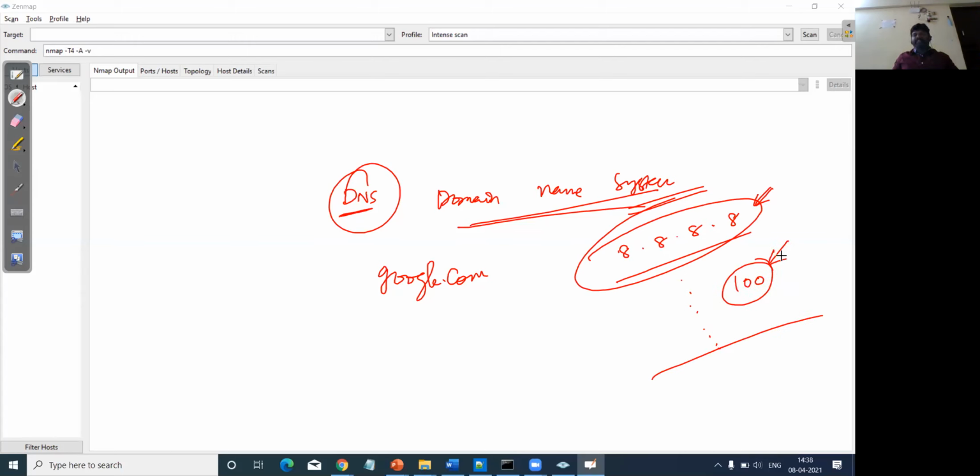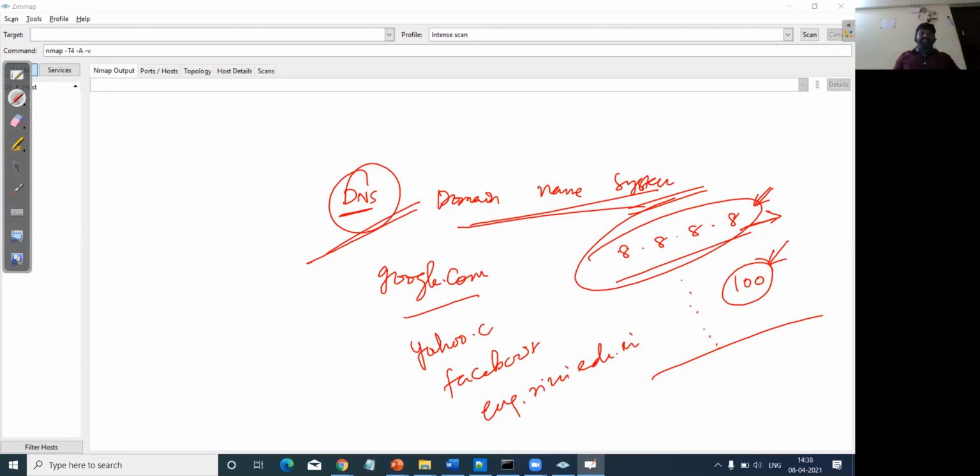Instead, you can just remember domain names like yahoo.com, facebook.com, and eng.risvi.edu.in, which are easy to remember and recall. This DNS converts the name into the IP address.